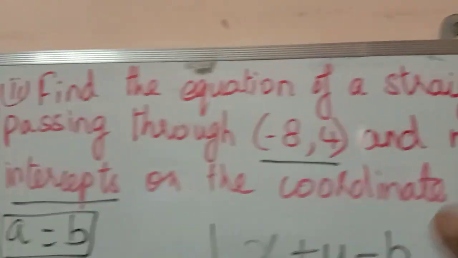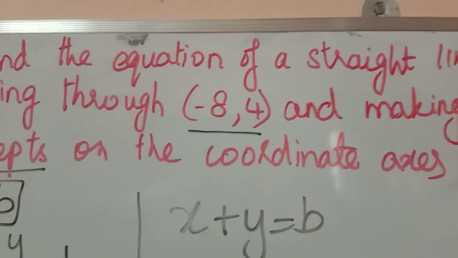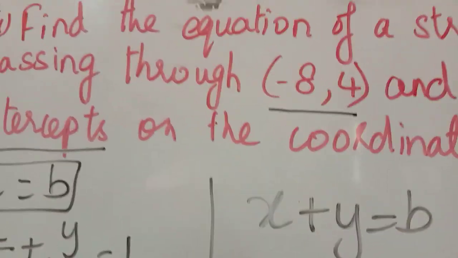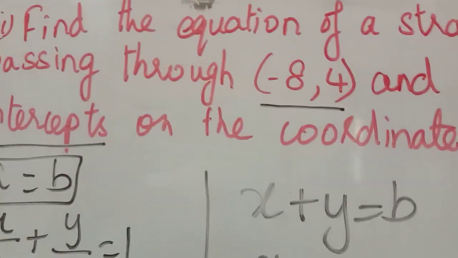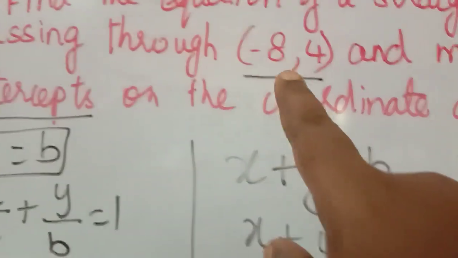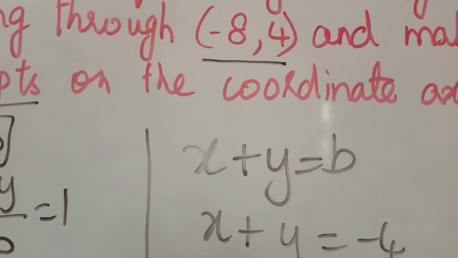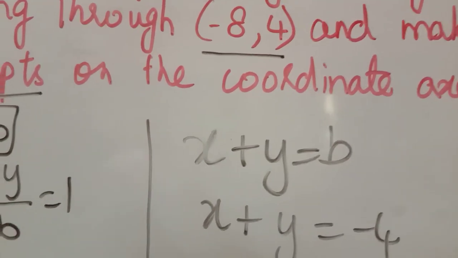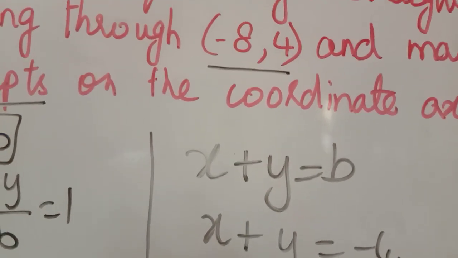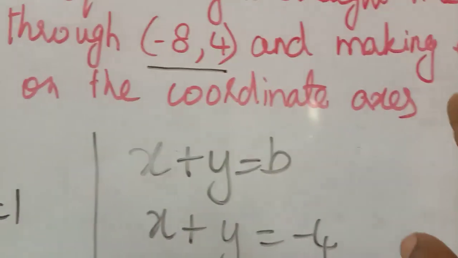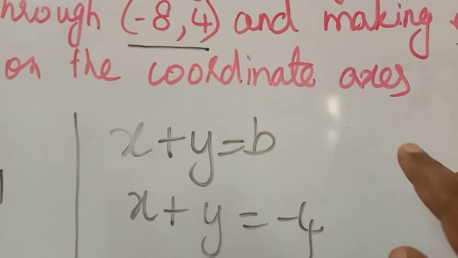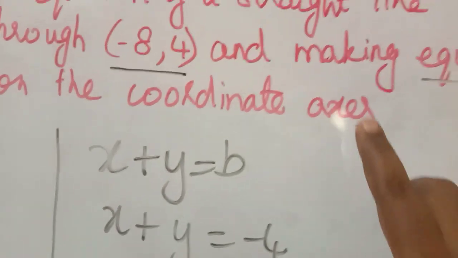Next, question number 14, the second subdivision. Find the equation of a straight line. Because this exercise and the next exercise, all the questions will be like this. Find the equation of the straight line. So you should not confuse this and that. Usually passing through one point and the slope will be given. So you should not confuse this method with that. Okay. So if passing through one point and one more condition regarding intercepts is given, we have to use this method.